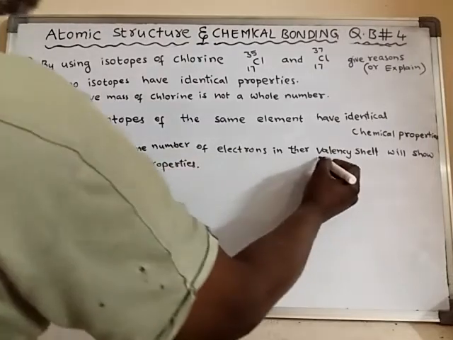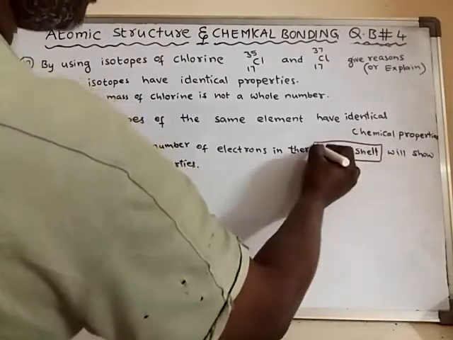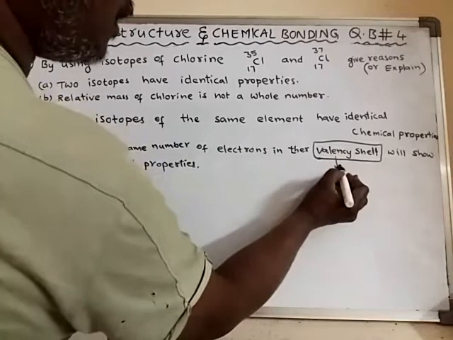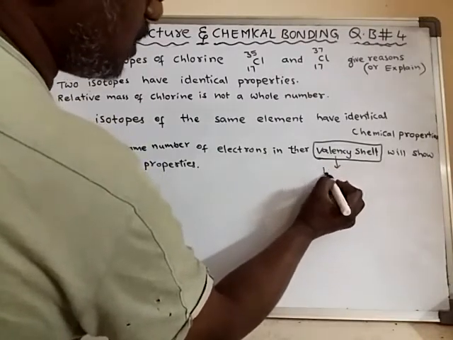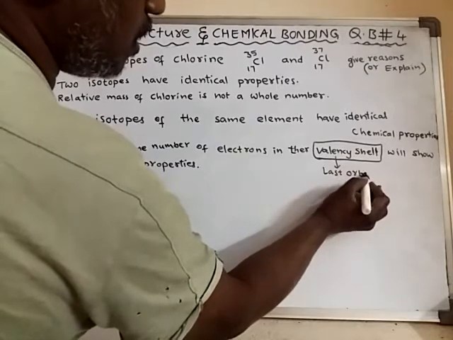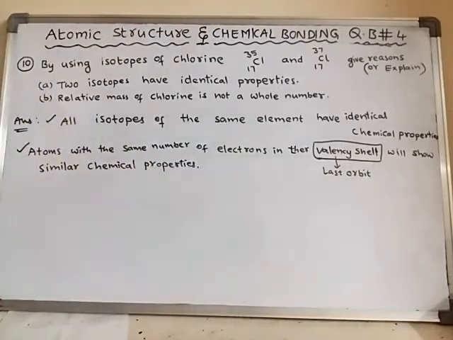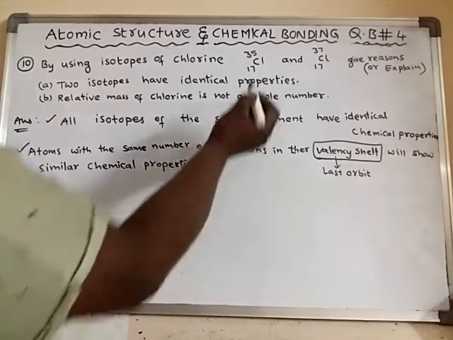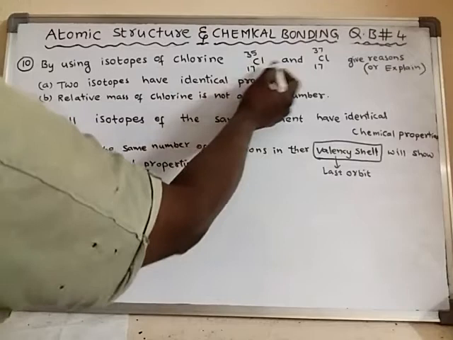So in which shell? In the valency shell. What is the meaning of valency shell? Valency shell is nothing but the last orbit. See, if you see the electron arrangement of these two,